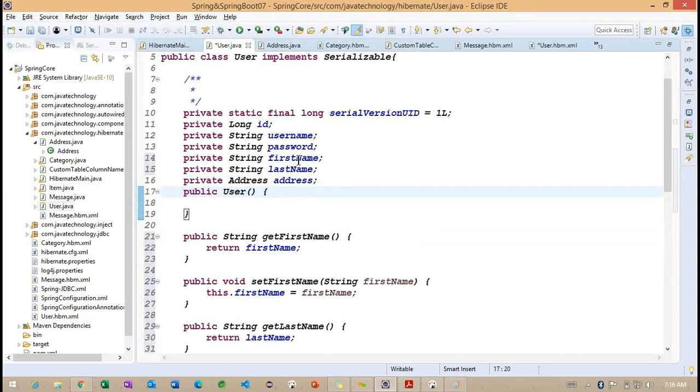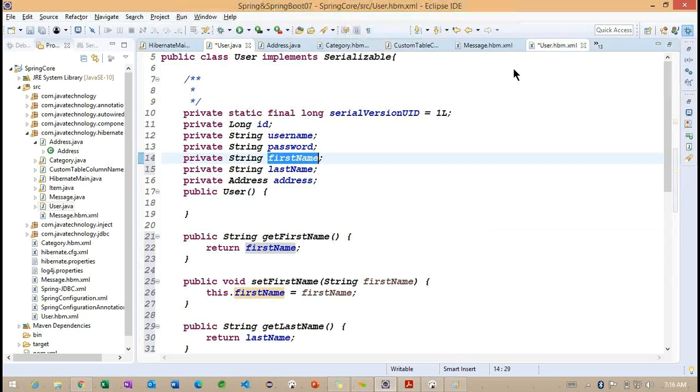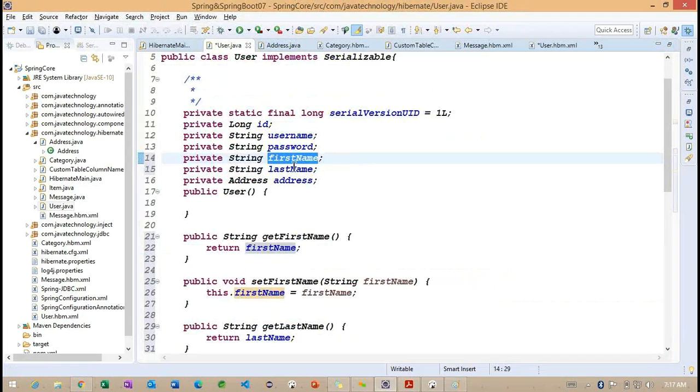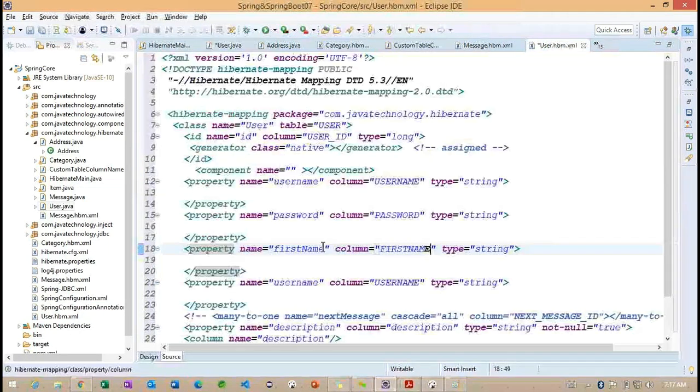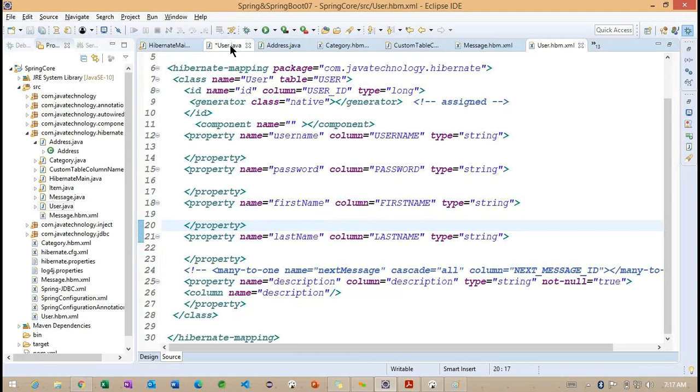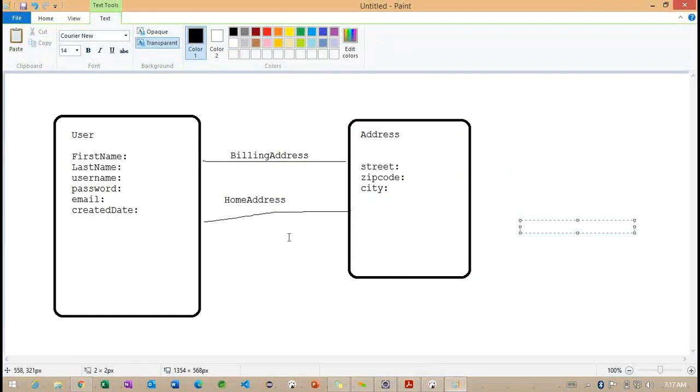Here I want to generate setters and getters for first name and last name. Okay. And let me add this information also. The last one is called last name. So we created username, password, first name and last name. These are about the user information.